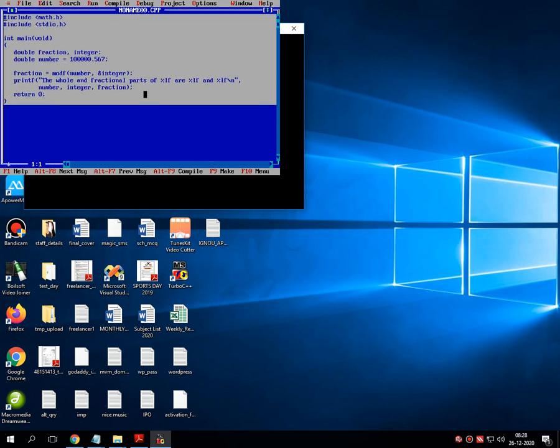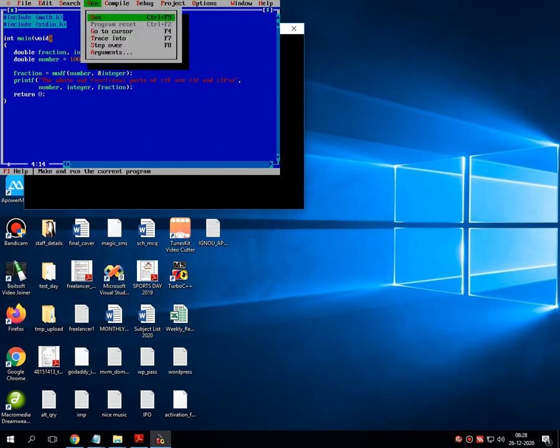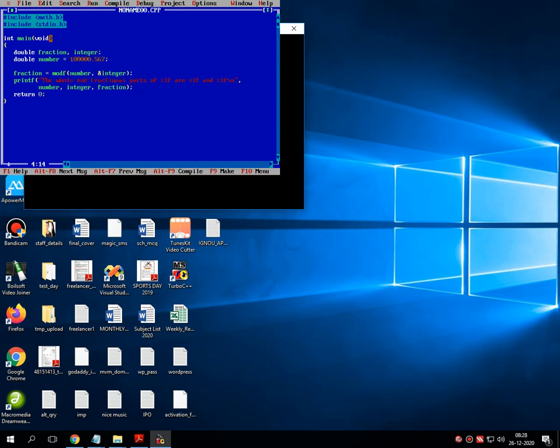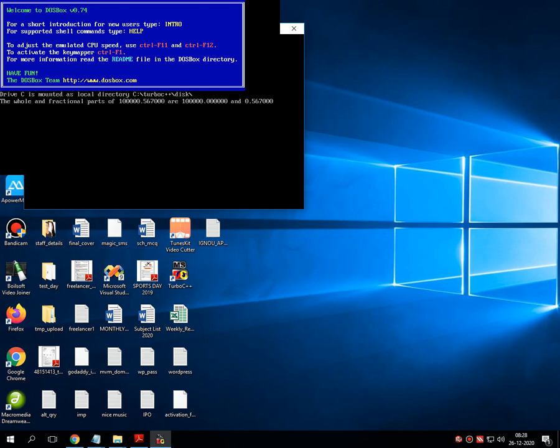Let's run the code. There are no syntactical errors. Let's execute. It shows the whole and fractional part are 10,000.56, and the original part is 10,000.56 followed by 3 more digits, that is 7,000.